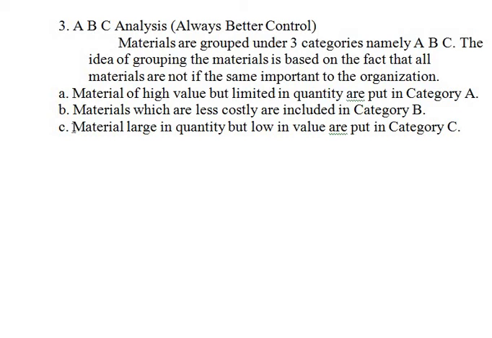Such materials are categorized under group C. Okay, so this is what is ABC analysis, because you should always have control over the materials. Only then there will be smooth flow of production department. Okay, so the purpose of ABC analysis